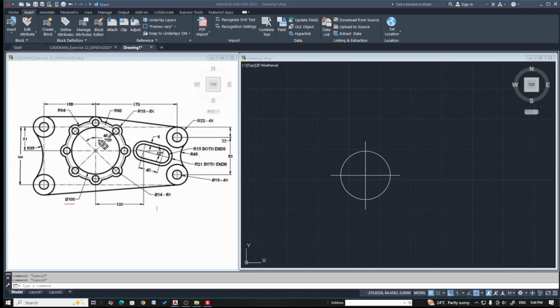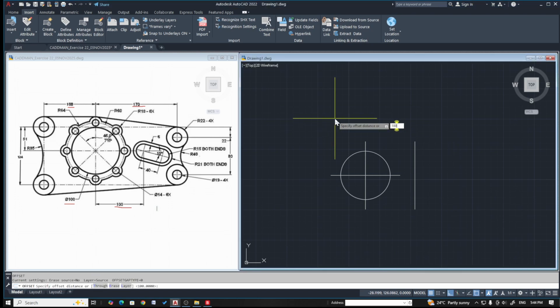Now let's try to offset this line to a distance of 100 in order to get this center line. Offset to 100. And similarly, let's try to offset the same line to a distance of 108 on this side and 170 here. Offset to 100 from here to here,